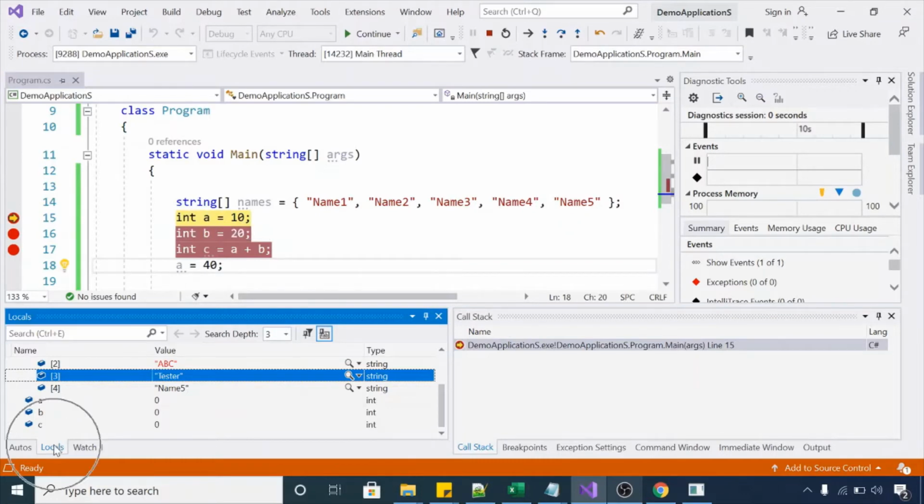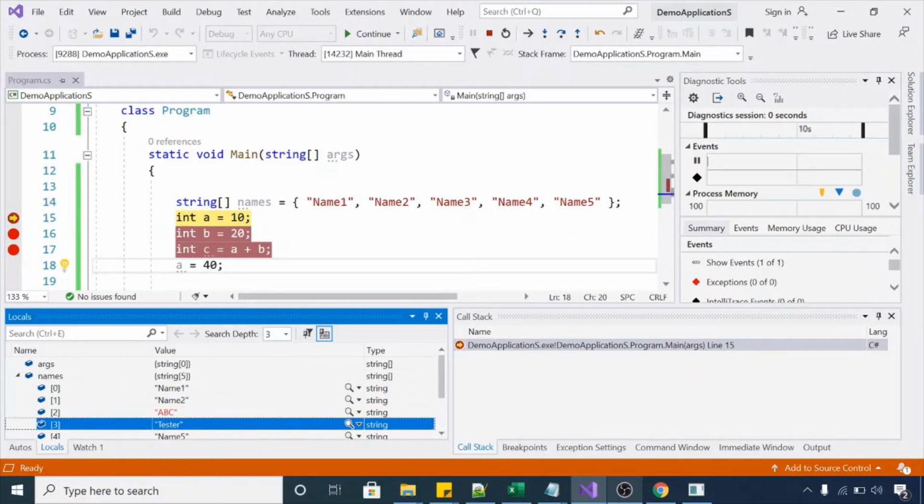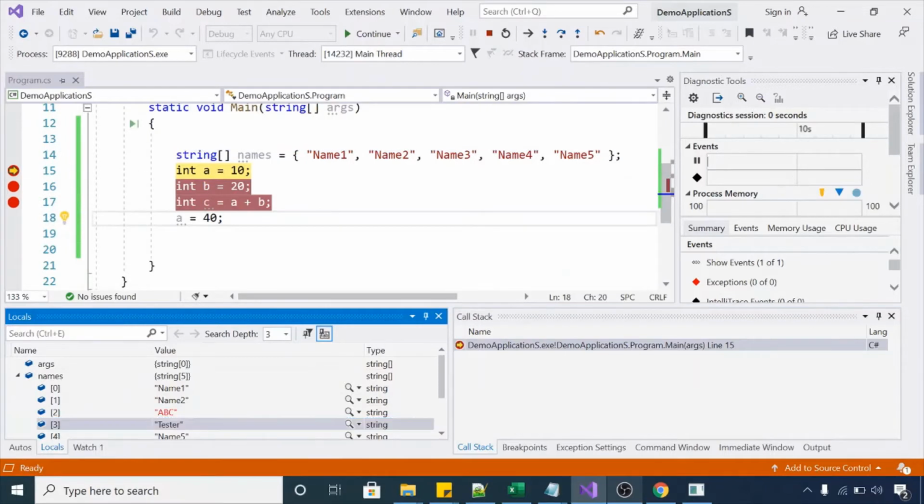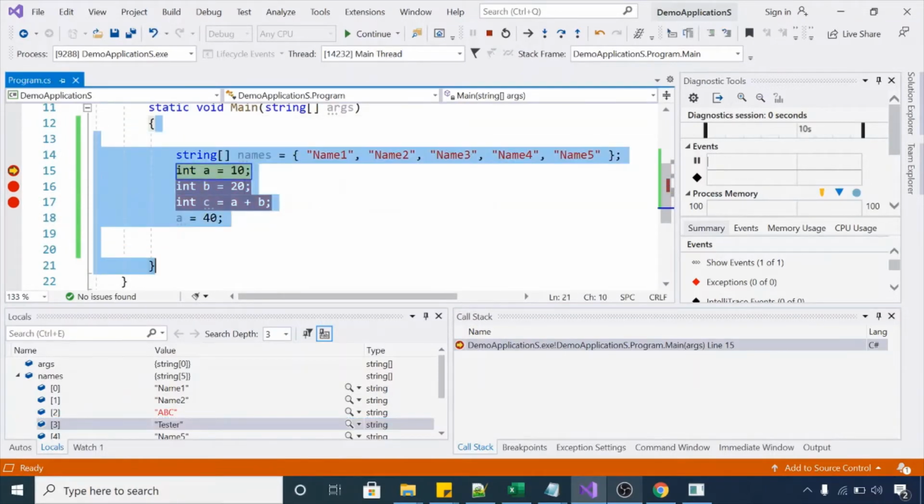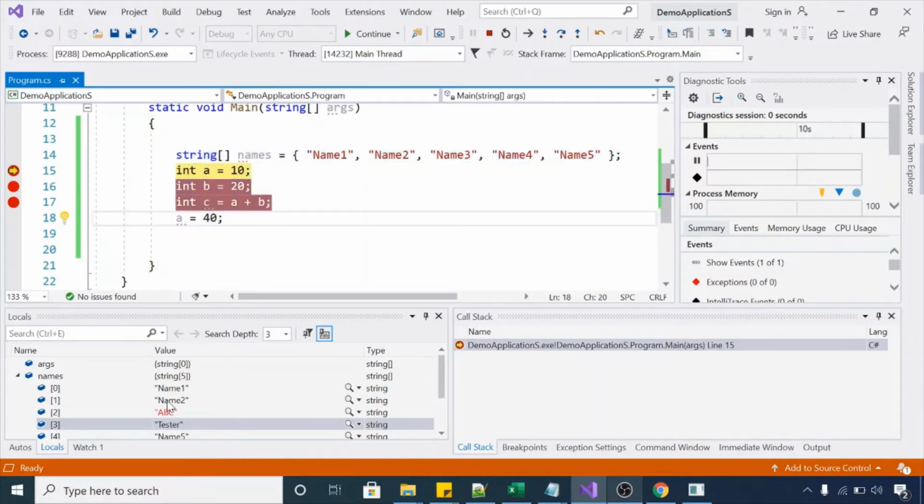But if you talk about local, it will list you all the variables in this particular method, or you can say scope, or you can say function or procedure. It's your call. You can call it method, function, anything. Okay, but it will list you only those variables which are in current scope.